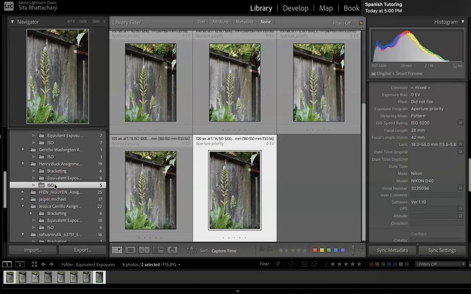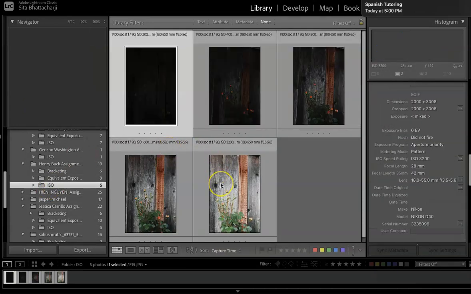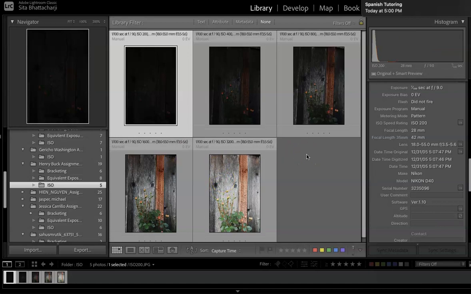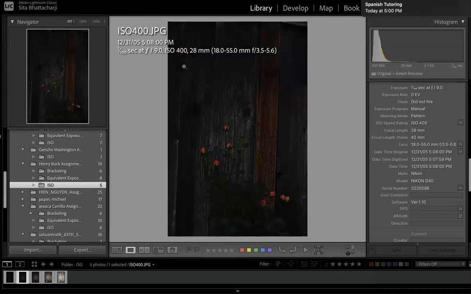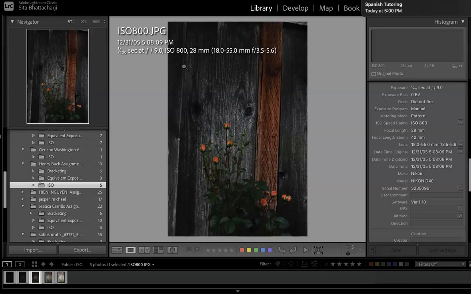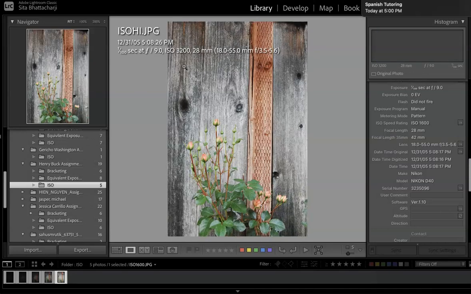And finally, ISO. And here there is a problem. As with the equivalent exposures, all of these should be the same in terms of light and dark. So let's see what happened. This dark image was made at 100th of a second at f9 at ISO 200. Then ISO 400, 800, 1600, 3200. And 3200 looks really good. But